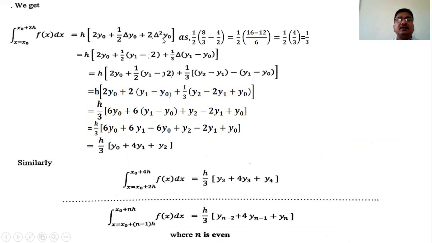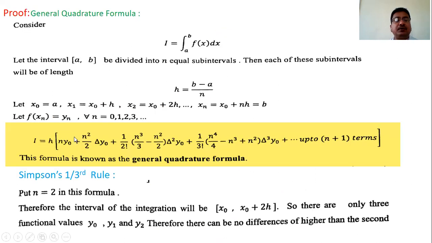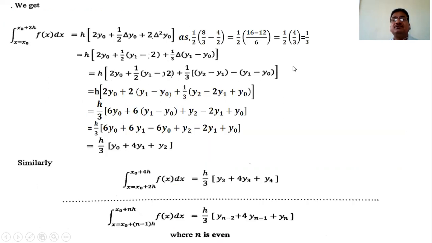So correct the calculation here, and substitute n equal to 2 here. So what do we have? 2 y naught plus 4 by 2 means 2 delta y naught, and the calculation of this factor: this is not 1 by 3, this is 2 by 3. So write the figure here instead of this 1/2, and here 2 by 3. Calculate all this, and we have the same answer, h by 3 [y naught plus 4 y1 plus y2]. There is some mistake in this calculation, so we have this answer for it.